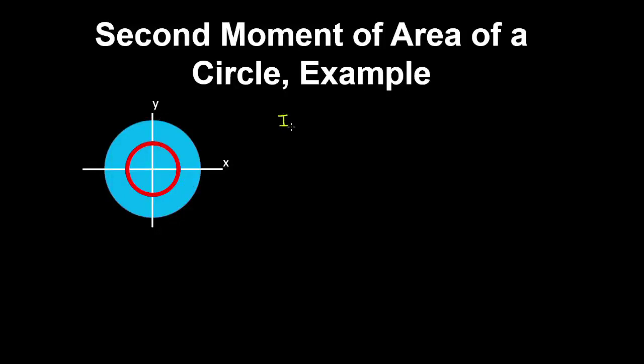Let's find the second moment of area of this section about the horizontal axis. So what we'll do first is evaluate the polar moment of inertia, which is the integral of r squared over the area, and then using the following relationship between the polar moment of inertia and Ixx and Iyy, we can obtain Ixx. So here we'll take an infinitely thin circular ring which has a width dr,